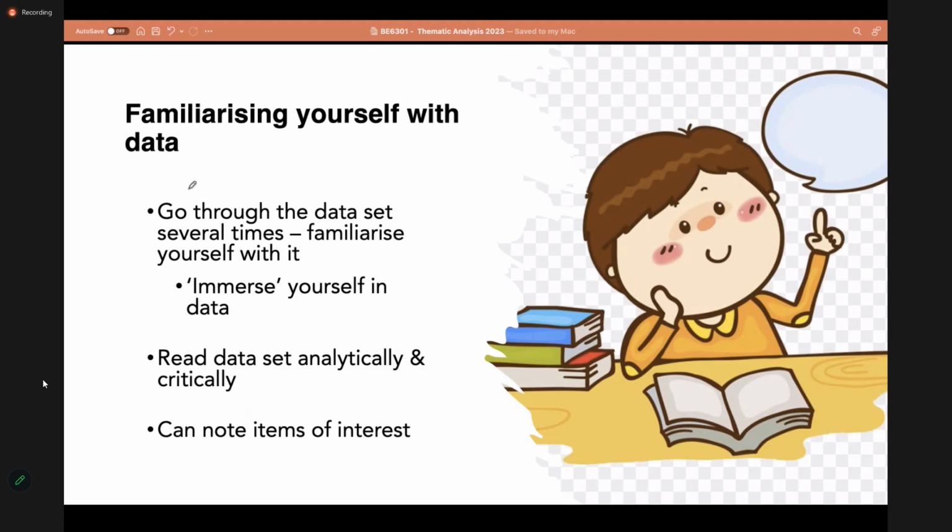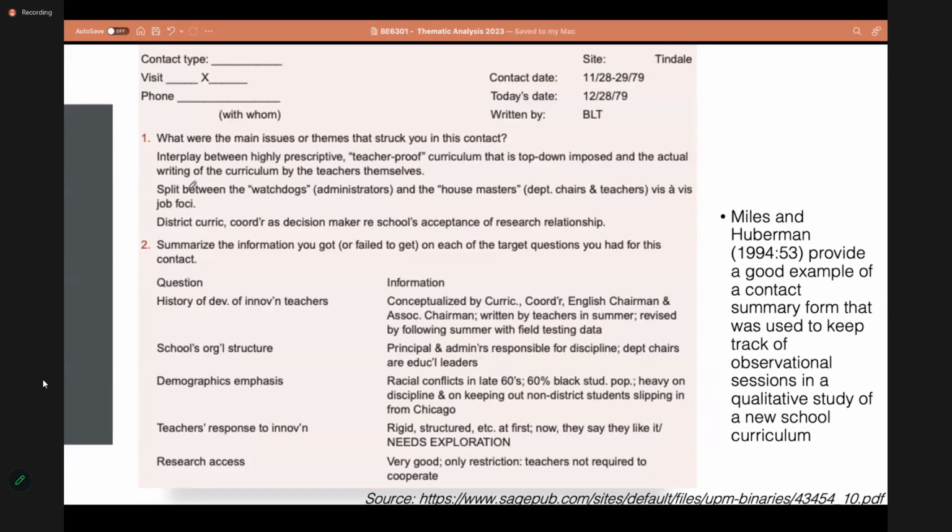So you have to read your data analytically, quite critically, and note any items of interest, any interesting things that you think should be captured during the analysis process, and basically have a thorough idea about the content within those documents. Now in that way, it will make it easier to start your analysis process.